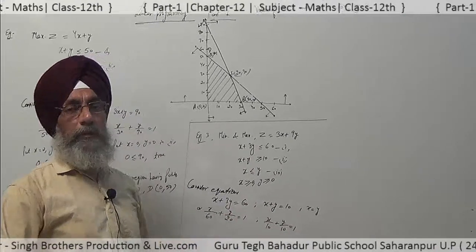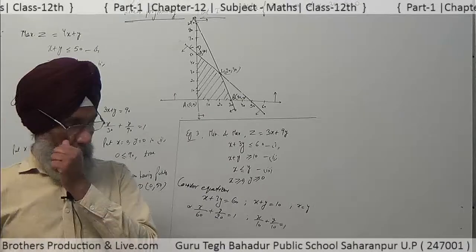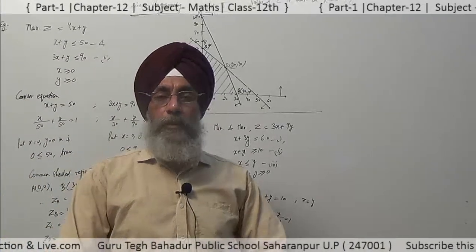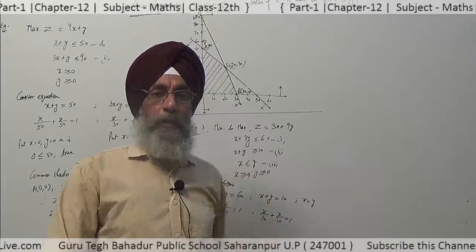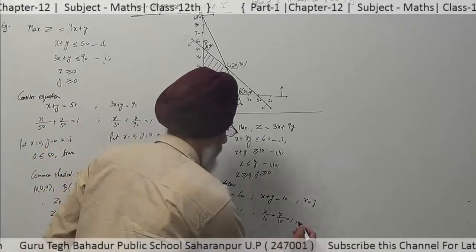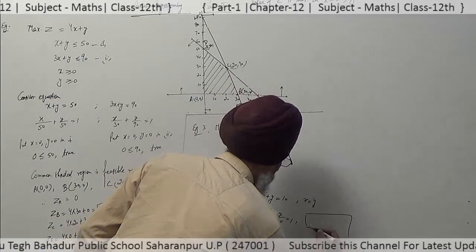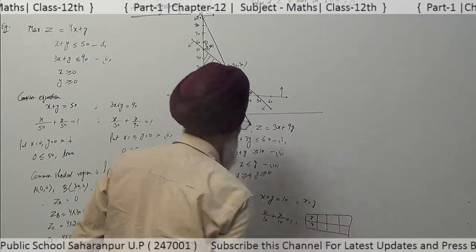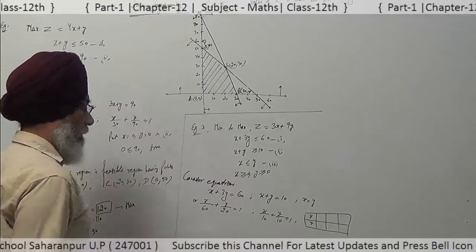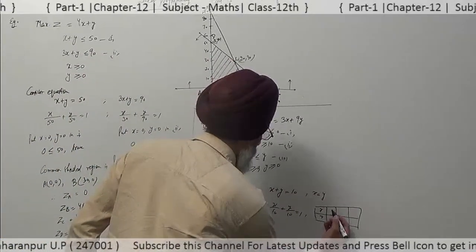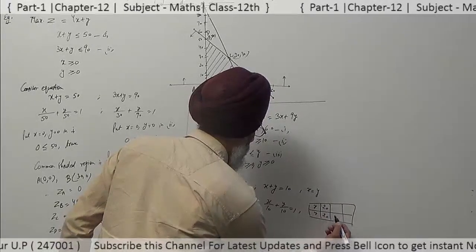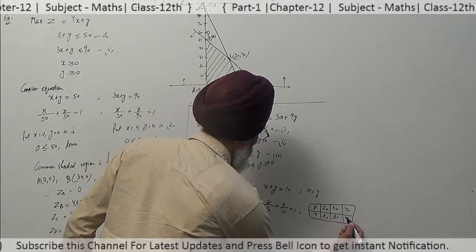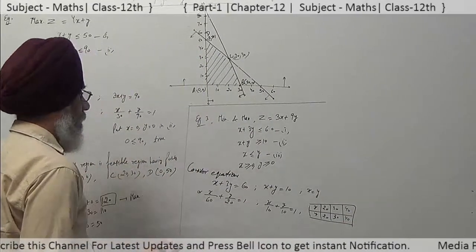So we form a table here as we do for equations in class 10th. We solve a linear equation in two variables by making a value chart. So we make a value chart here, placing the values of x and y here. Take any value of x. Let us take 20, it is 20. Let us take 30, it is 30. Let us take 40, it is 40.